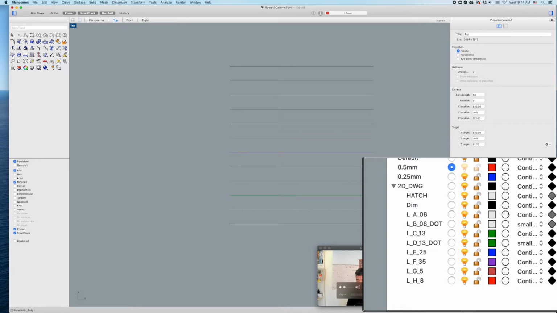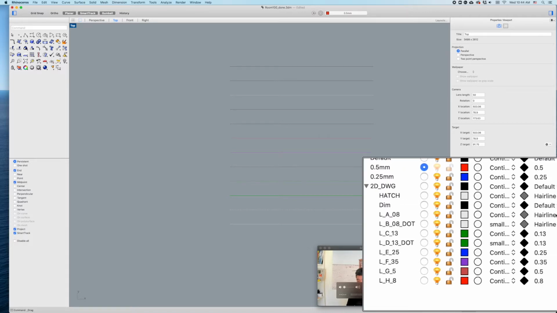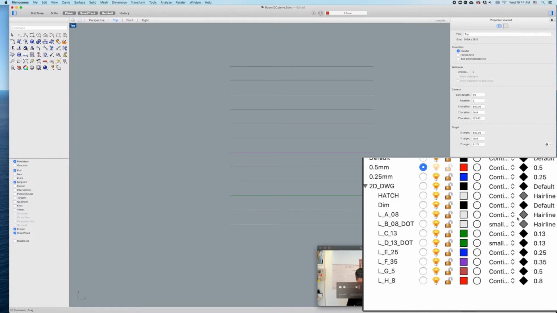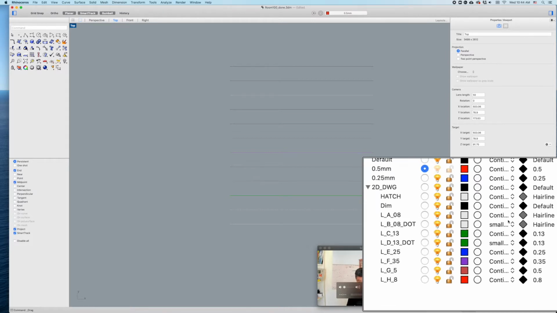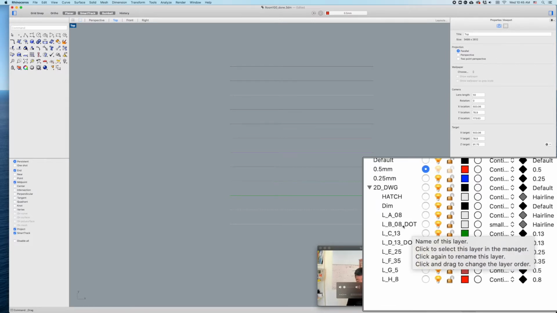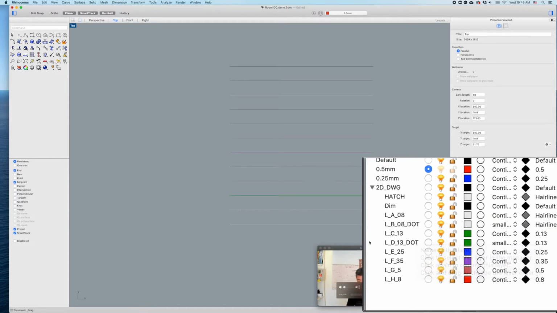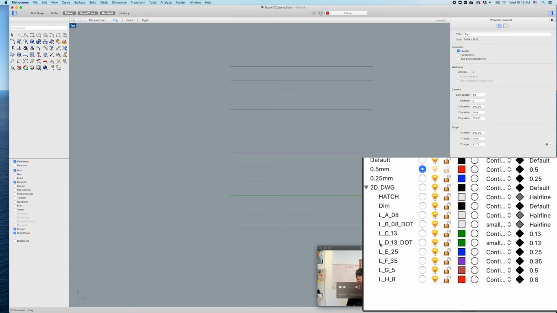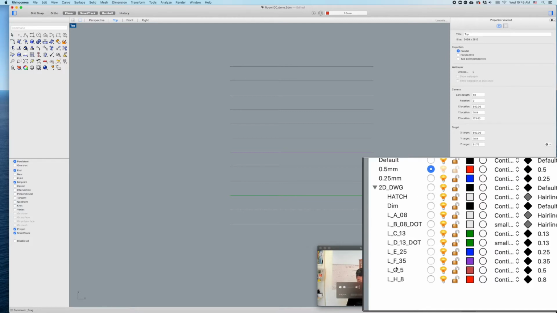so hairline. And then line B dot is the line that is a little bit lighter, so sometimes you use this for dotted line or hidden line. Line 313, this is 0.13 black. Line D 0.13 dot is dotted line, and then line E25 is 0.25. Line F35 is 0.35 black diamond. Line G dash 5 is 0.5, and line